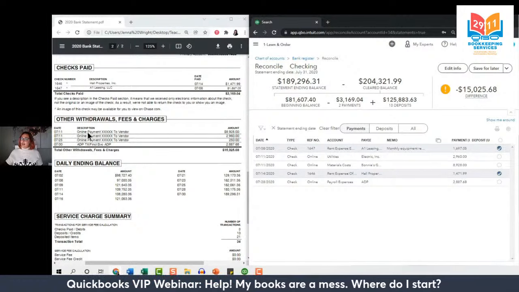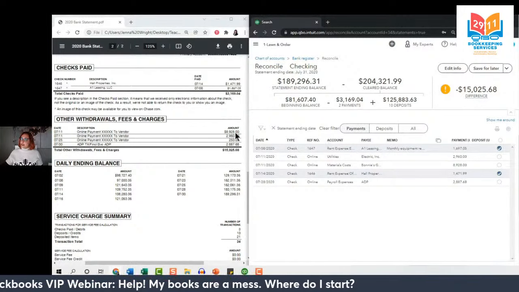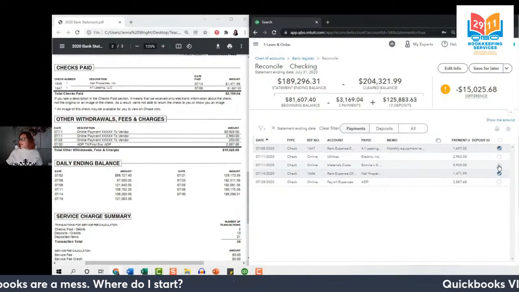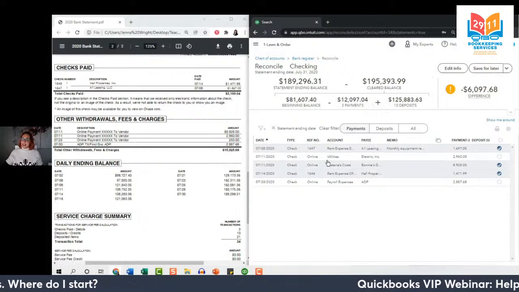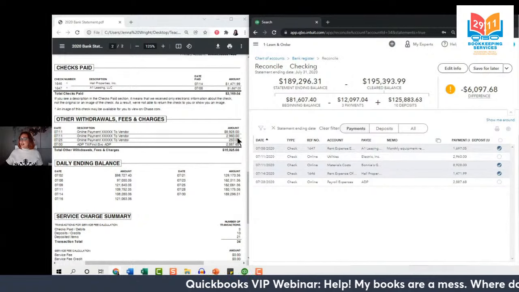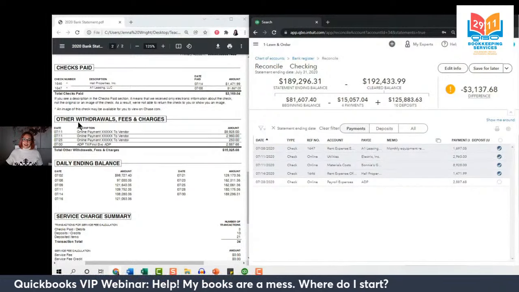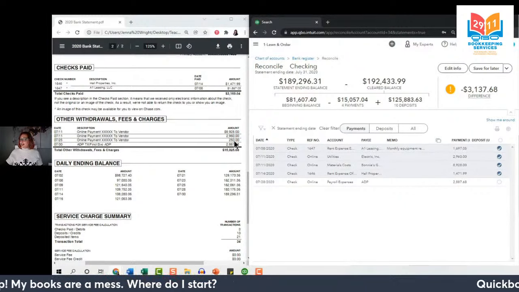Here on the 11th, we've got 8928. 8928, there we go. That's the same. Again on the 11th, now we have 2960. 11th, 2960. Perfect. All right, next one on our bank statement, we've got the 25th of July in the amount